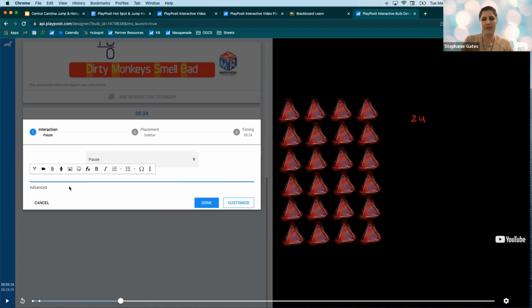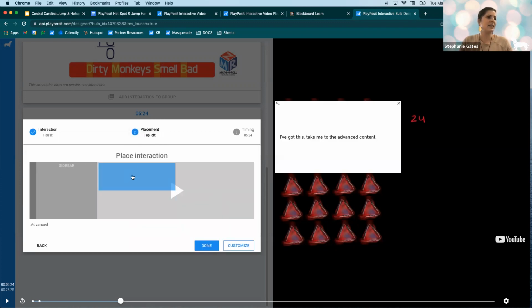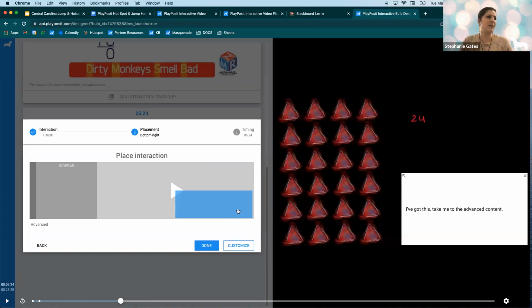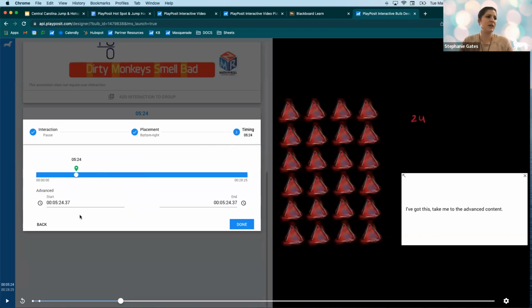So here I can put some wording in like, I've got this. Take me to the advanced content. So this is what they're going to see. And I'm going to have it as like a little hotspot, maybe out of the way a little bit, so that they can click on that right at that point. And maybe I want this to last again for, sorry, timing. It lasts for a period of time throughout the beginning of this video. So while it's kind of just beginner information